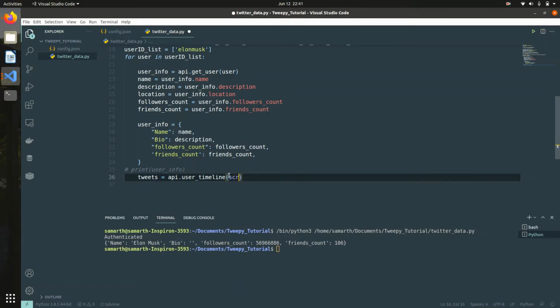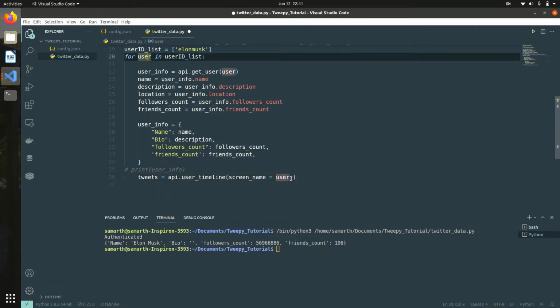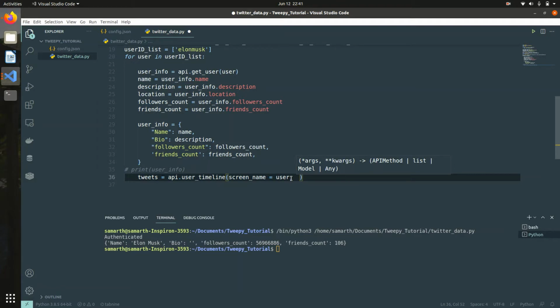So the screen name is the user for which we have to get all the tweets. That is a variable in our for loop, which is getting the user name, and then the count,